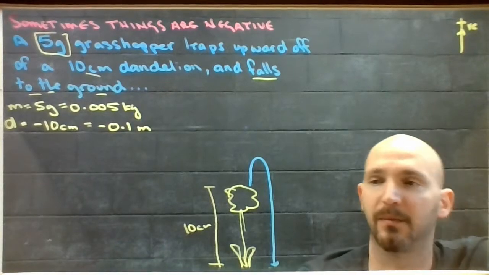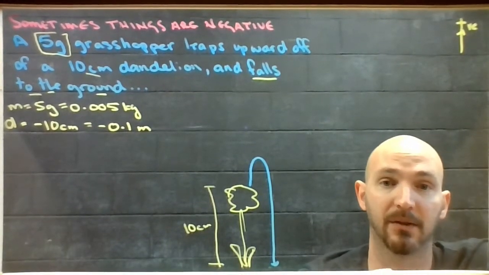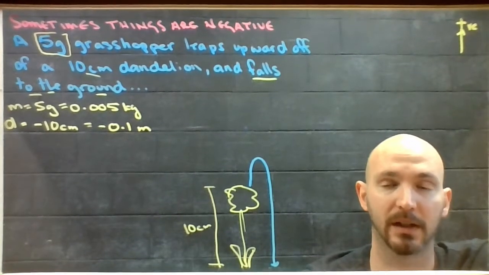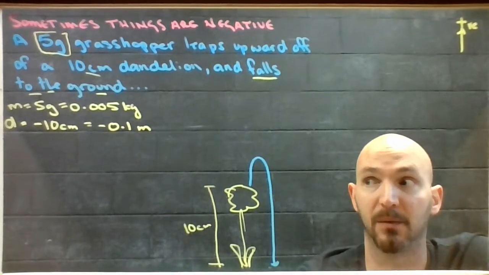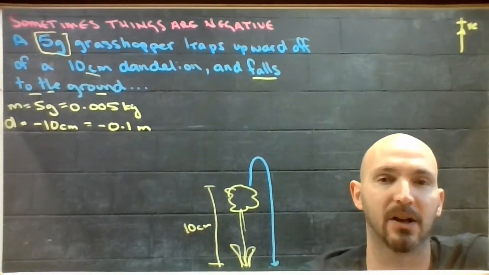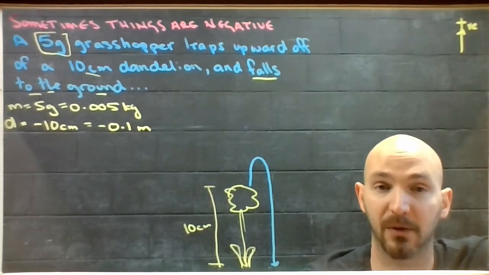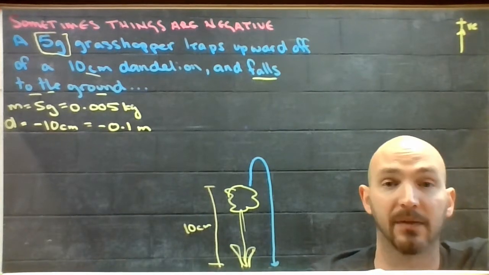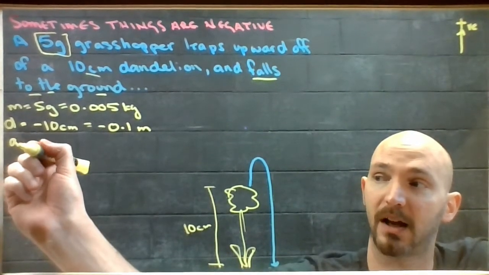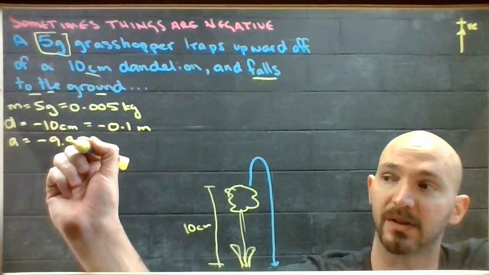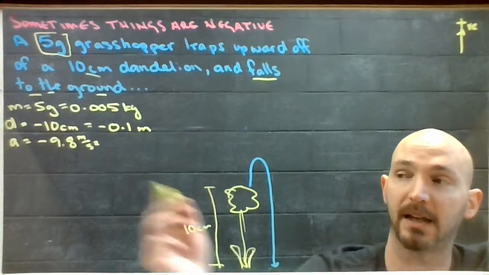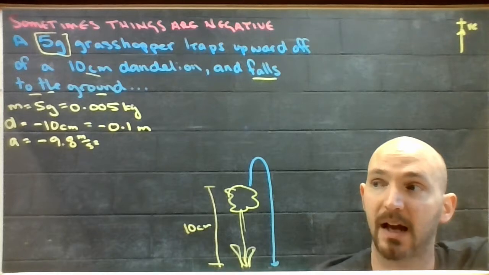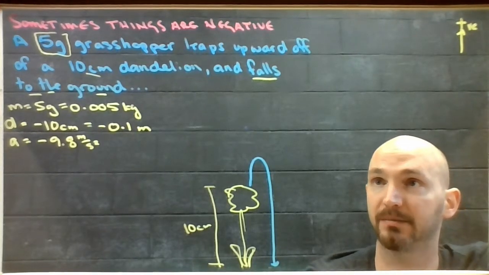You could make this complicated and throw in some air resistance, etc. But just to keep things easy, anytime something is free falling, it leaps and then lands somewhere else without spreading its wings or doing anything complicated, you may assume that it's accelerating under Earth's gravity. So the acceleration due to gravity near the surface of the Earth is negative 9.8 meters per second squared. And I am using the negative because gravity is pulling you downwards. So I have a positive mass, a negative distance, a negative acceleration,